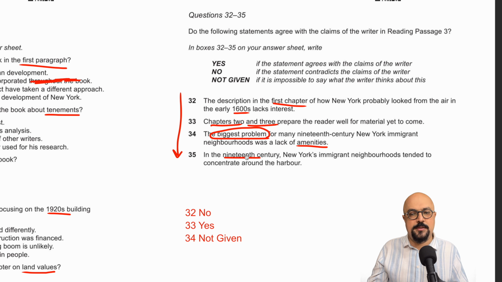And 35: in the 19th century, New York's immigrant neighborhoods tended to concentrate around the labor,